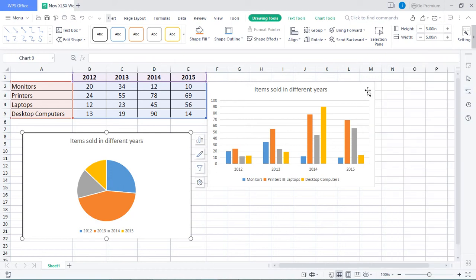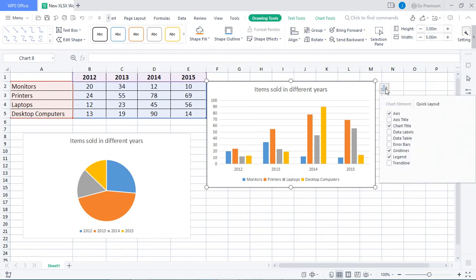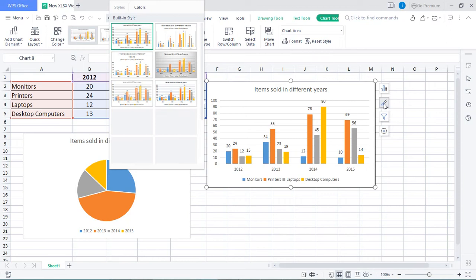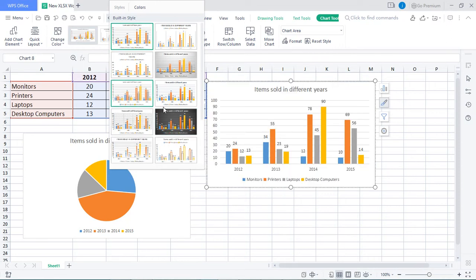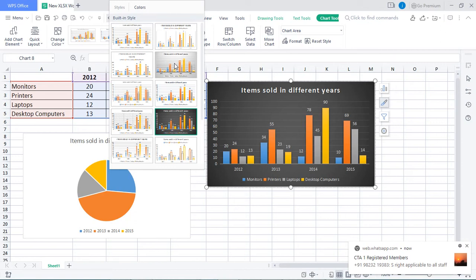Now when I click on a particular chart, you get these options over here. You can change the style and format items. Say you want the axes, or data labels, which will give you the numbers on it. You can add these or delete what you don't want. The second type is the style. When I click over here, you can change the look of it. The appearance keeps changing and there are different options.